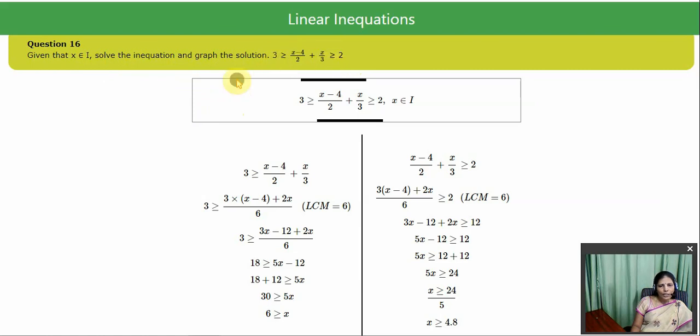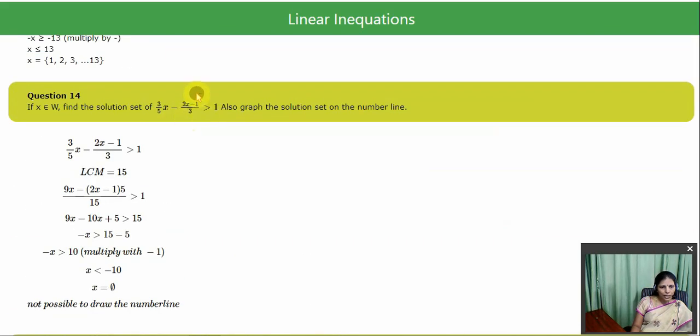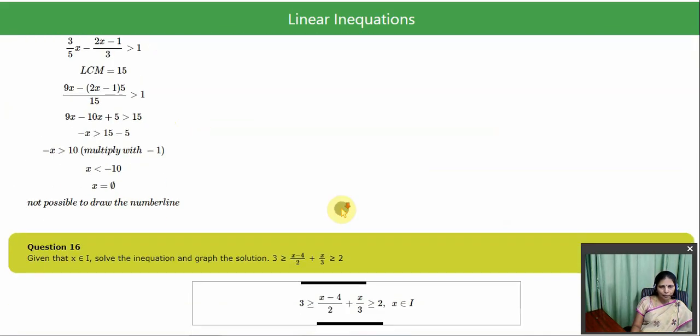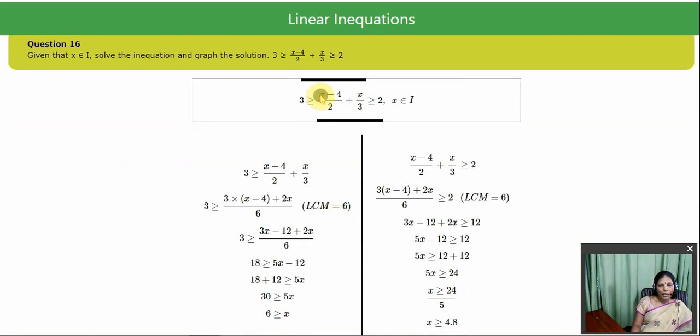Here you have two inequalities. So far we saw questions which have one inequation, but here we have two inequations and we need to solve both, find the solution, and then represent it on the number line. As you have two inequalities, I made two columns. First I took one inequality and solved it on one side, and then I took the other inequality and solved it in the other column for our convenience.